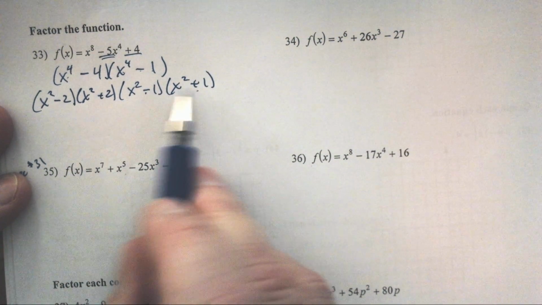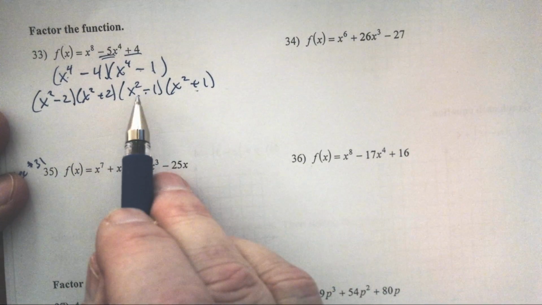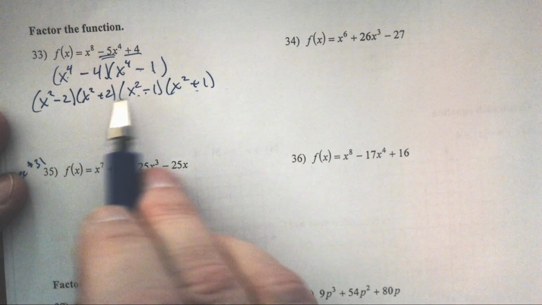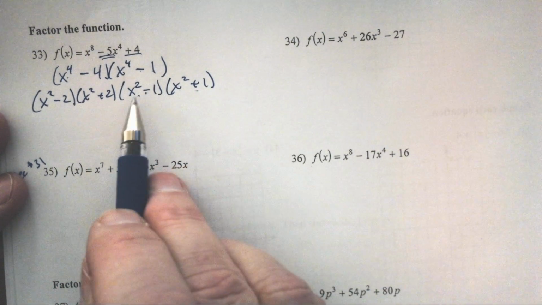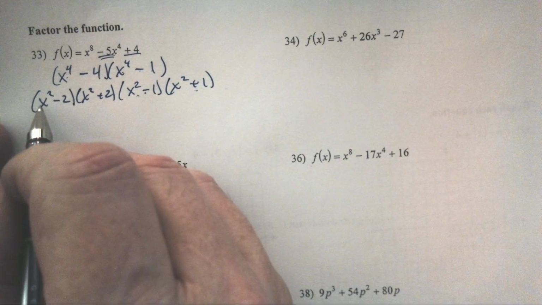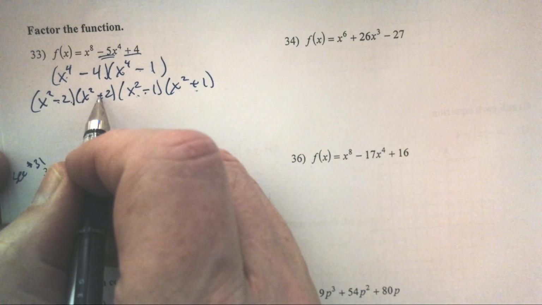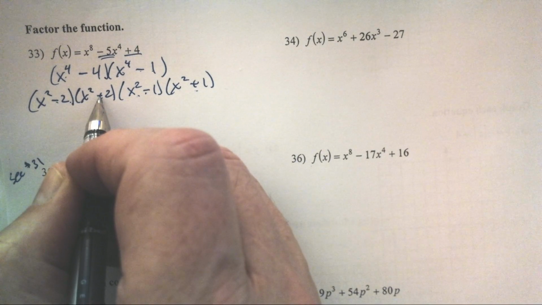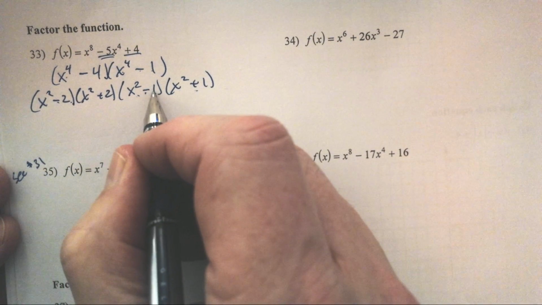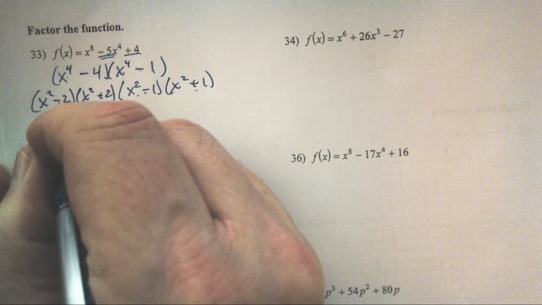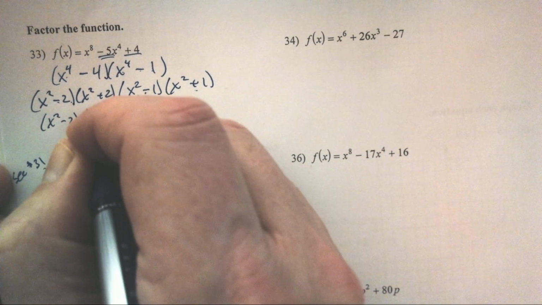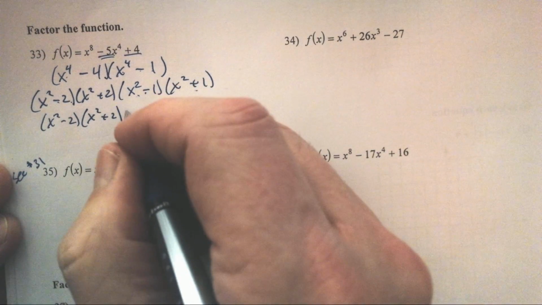Those are called conjugate factors. A plus b, a minus b, those are conjugates. Here I have a perfect square minus, but this isn't a perfect square. Here I have a perfect square plus, stop, can't factor that. Here I have a perfect square minus a perfect square though. So x squared minus 2 doesn't further factor, x squared plus 2 doesn't,